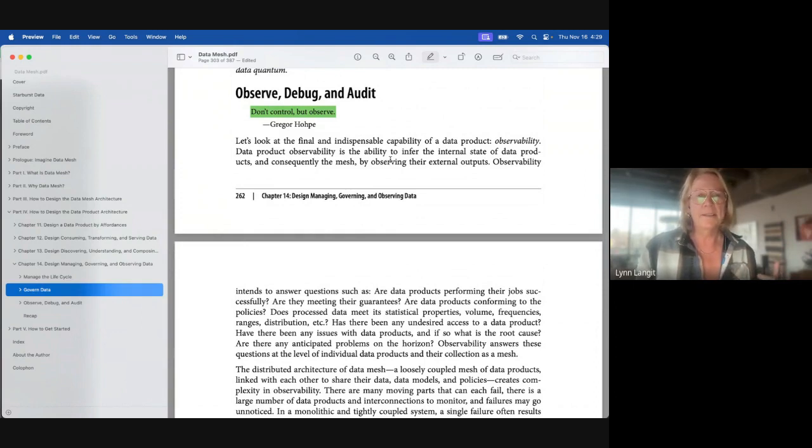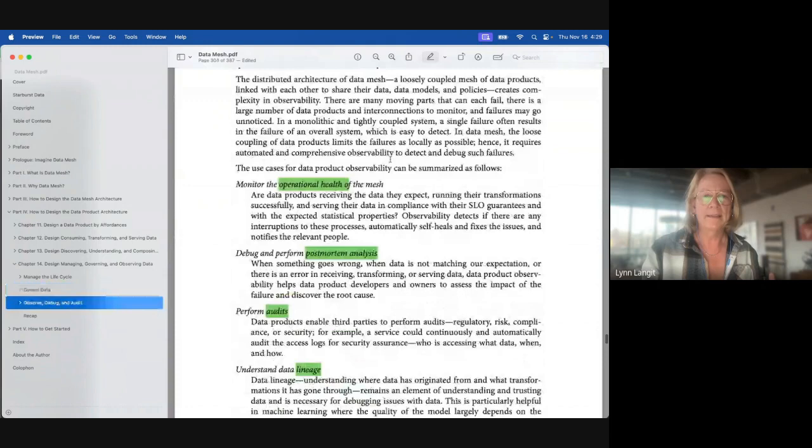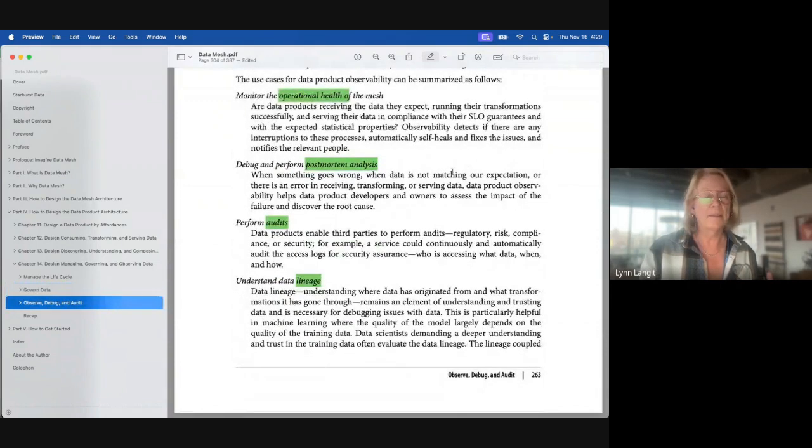So the concept here for data mesh is that you have observability, and again, this is an area I've been working with a lot of clients on over the last couple years, because it's a newer concept, even in serverless applications, right? Don't control, observe.